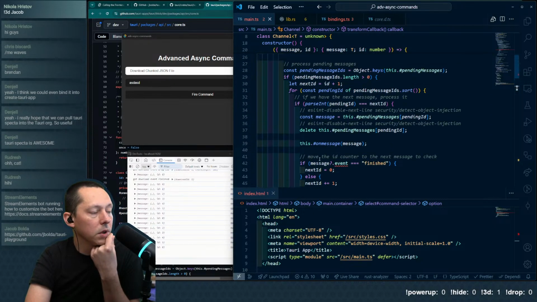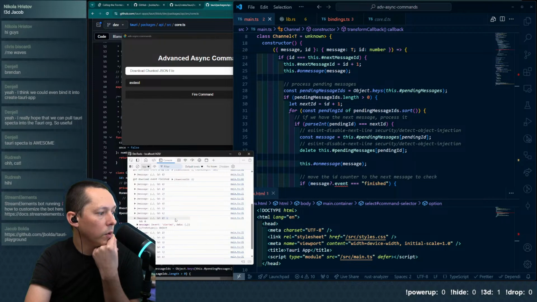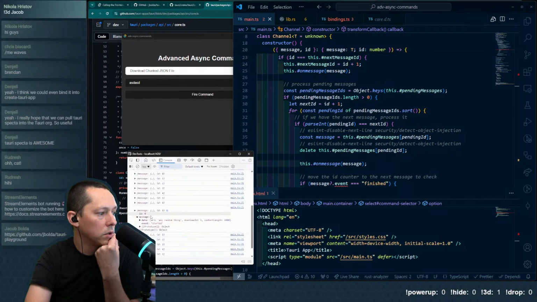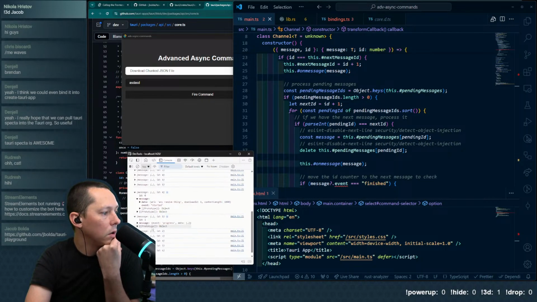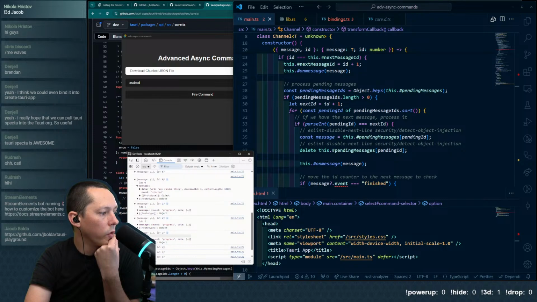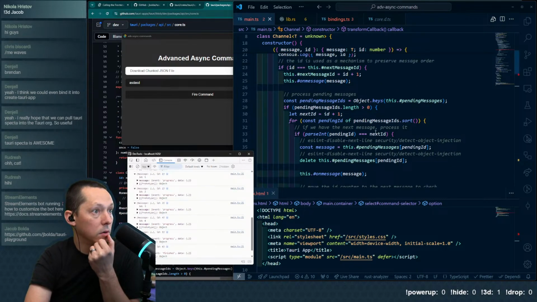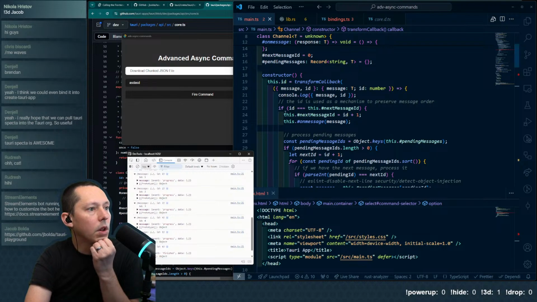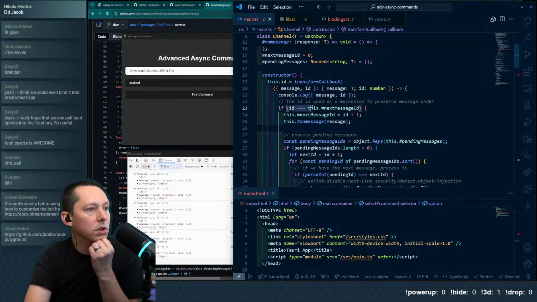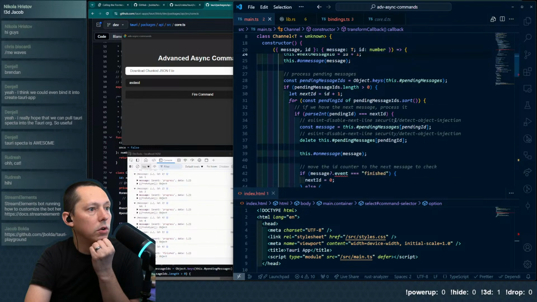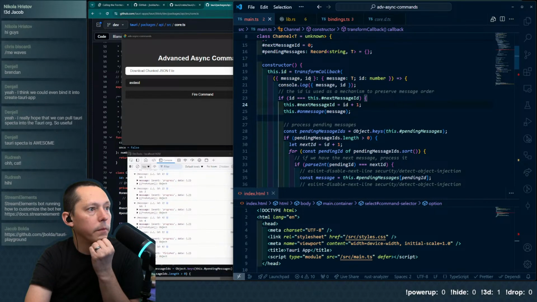So this stop pending messages. So here you can see we get a new one. So we start getting progress and then finished. But now this is off. Oh, weird.